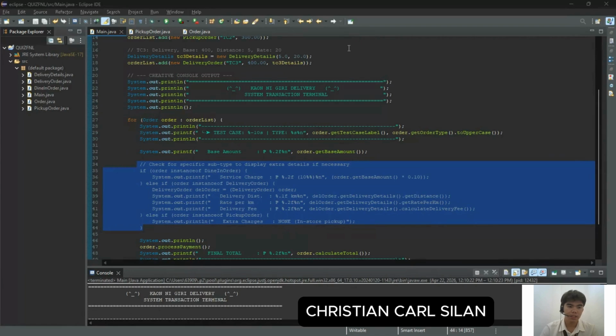This ensures that unique information such as distance and rate per kilometer is only shown for orders that actually require it. By handling this variation, the system maintains clean and organized output while reflecting the different billing rules for each transaction type.